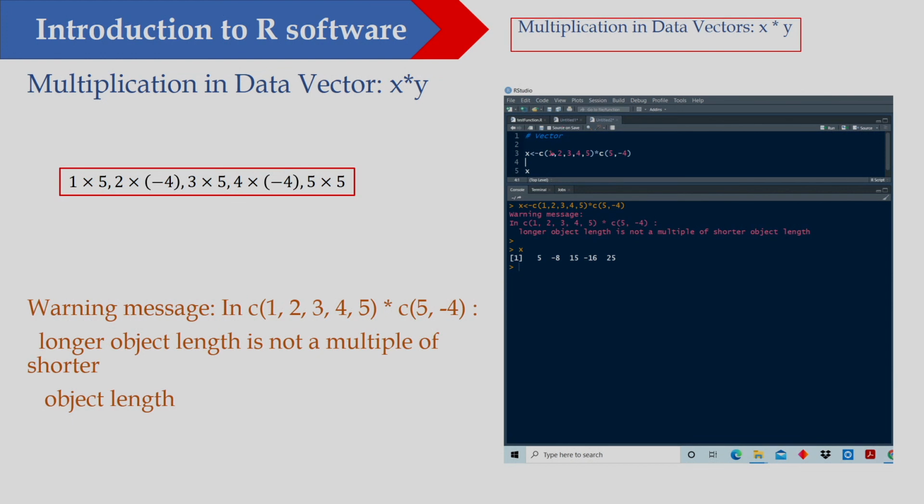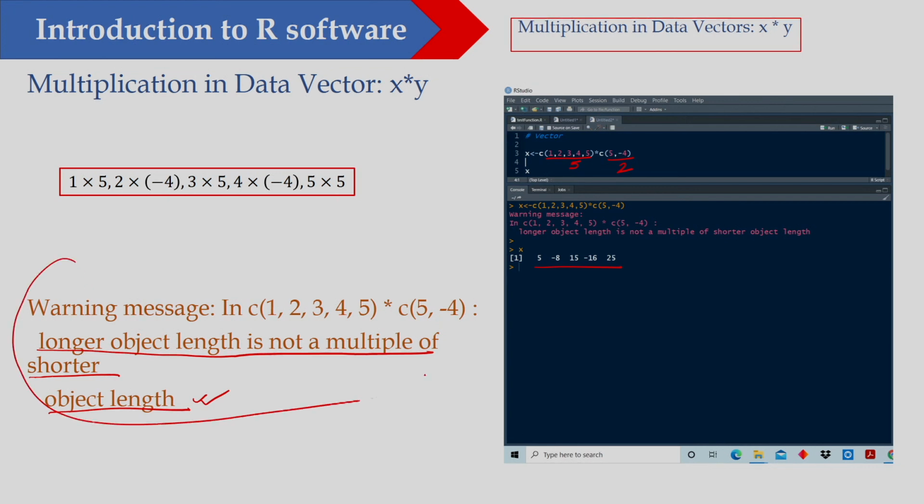Okay. So, here the length of the vector is 5 and the length of the other vector is 2. In this case the longer object length is not a multiple of the shorter object length. Therefore, I will get the result, but I am also getting a warning. Okay. So, this is the warning you will get. Here you are getting 1 into 5, then 2 into minus 4, then 3 into 5, 4 into minus 4, 5 into 5. As the length is not a multiple of the shorter one, I am getting a warning, but I am getting the results here,